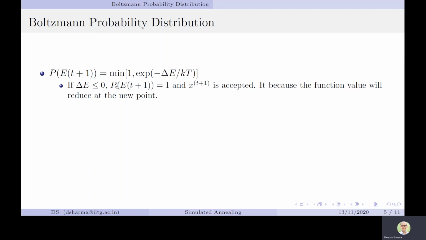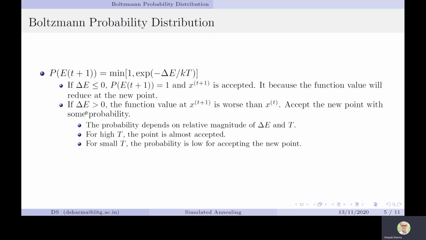And if we include this particular value, this exponential, because of the minus times minus delta E, will become positive. So this will become the exponential value of something, so the minimum value will be 1. So the probability of accepting that point is 1. And we can understand it this way: if our new point is better than the previous point, then we are going to accept it.